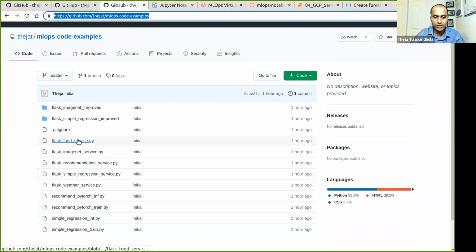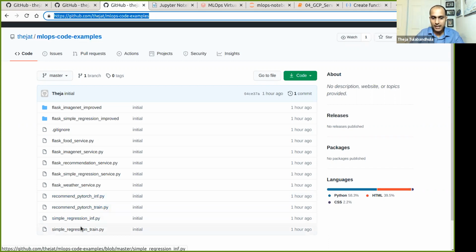So say in this Flask, if you look at, there are so many Flask files here. Out of all these, there's actually only two for which we had to explicitly do some training. For example, the recommendation model is a PyTorch based model. So there's an inference file and there's a training file. What the training file does is use the data to produce a model and dump it to disk. An inference file reads that model from disk and makes some predictions, offline.